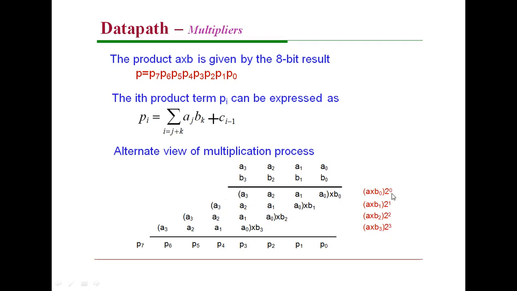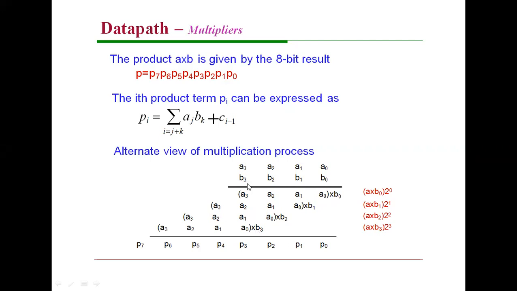Then with b1, that is the 2 to the power of 0 location, and that is the shift location, 2 to the power of 1, which is 2. From the second location onwards, I have to multiply the same data with b1. Next, 2 to the power of 2, that is the third location, after 2 shift operations, I have to multiply with b2. Same thing with 2 to the power of 3, the fourth location, I have to multiply with b3.